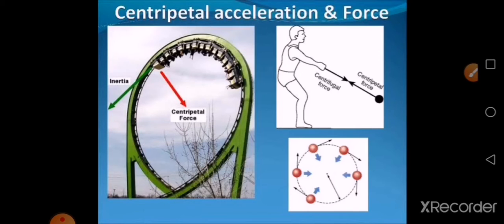Now we have already started with our chapter 8, uniform circular motion, and we have seen what uniform circular motion is and what the terms related to that are, and some basic equations for all the terms also. Now today in our class we are moving on to another important topic, that is centripetal acceleration and centripetal forces. What are the types of centripetal forces, what is centripetal acceleration, and the equations related to that.